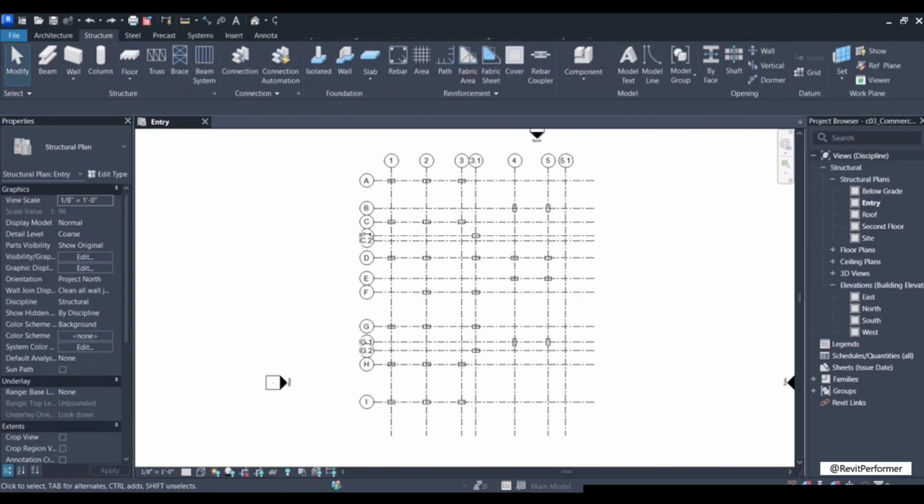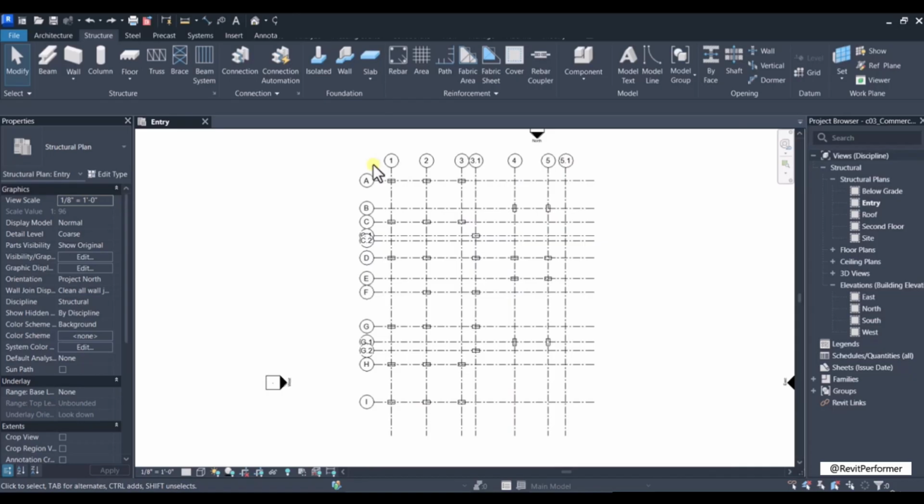Now, we are going to see the next section, that is modifying the height of columns. In this section, to adjust the thickness of slab in the structural model, you will modify the height of inserted columns by adjusting their top offset distances. To do so, place the cursor between grid A and grid 1.